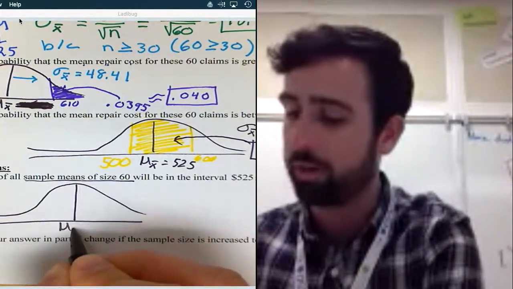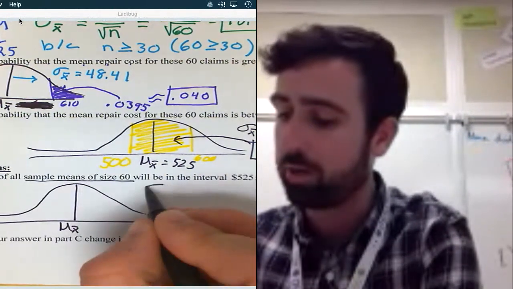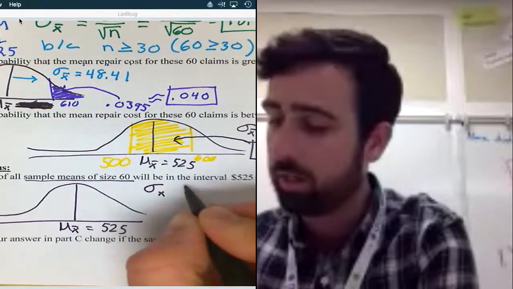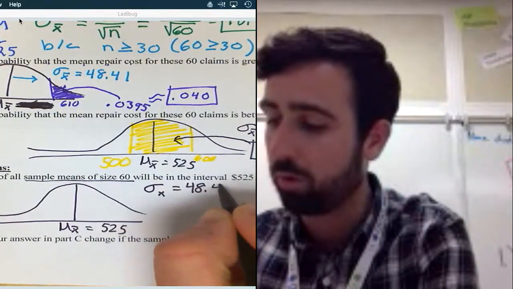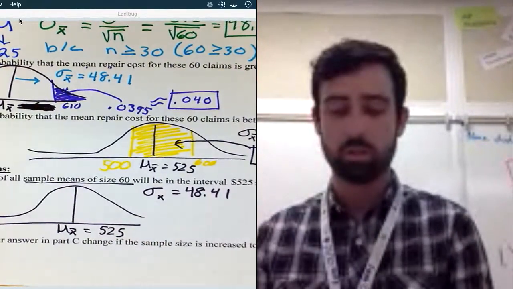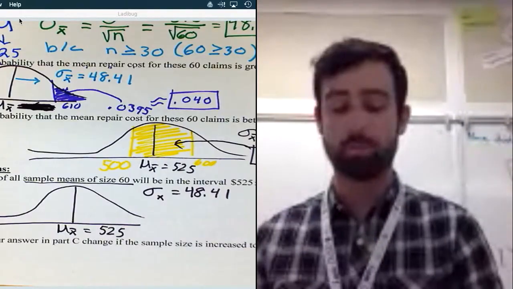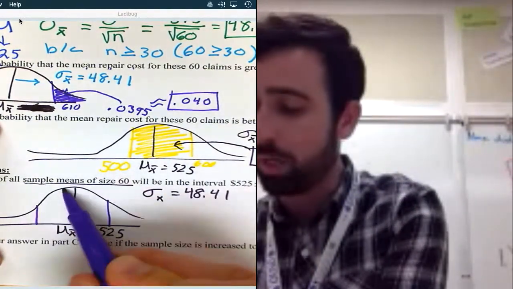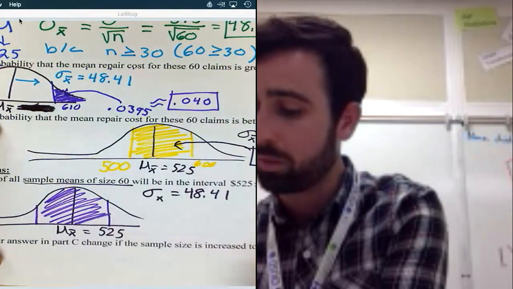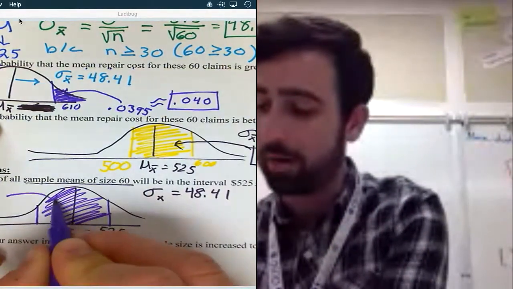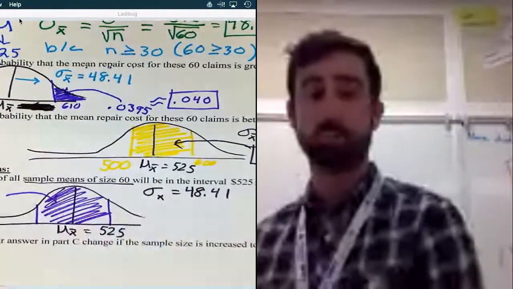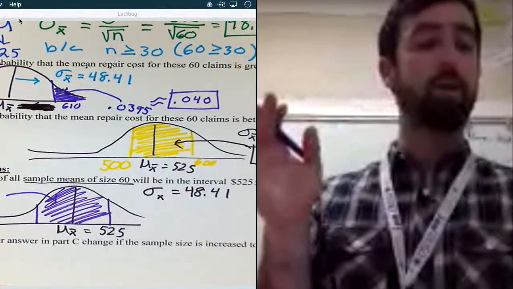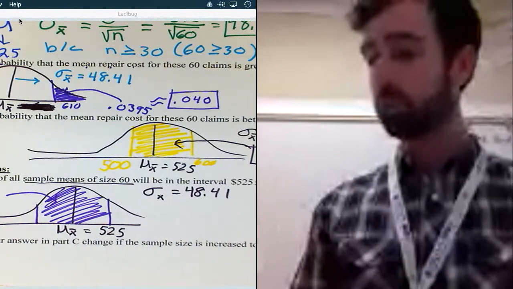So we have our average and we have our standard deviation. Our average is 525. Standard deviation is 48.41. We want to know, hey, 90% of the claims are going to be in between what two numbers? So we know that that area is going to be 0.90. We want to know how would I capture that? How far out would I need to go? So to do that,